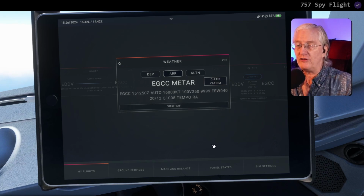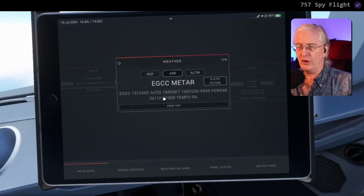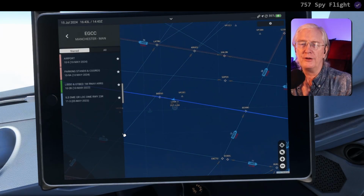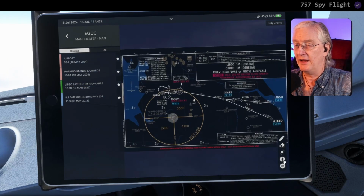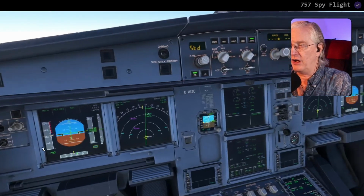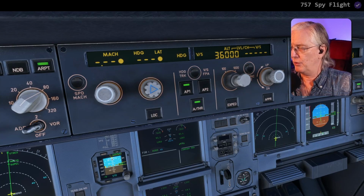Let's go and view the METAR, and it's about time for us to start getting ready to do our descent. So that looks good. Let's come on over here to Navigraph charts, to our Manchester arrival. The arrival is going to be the OTBED 1M, and coming in at OTBED, we're going to be at flight level 290, flight level 170 at GOLES, and flight level 70 at ROSUN. So let's go ahead and come over here, and 7,000 feet is what we're going to put in as far as our